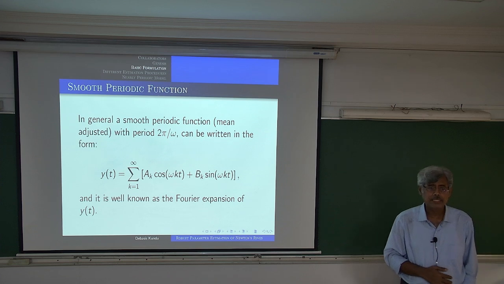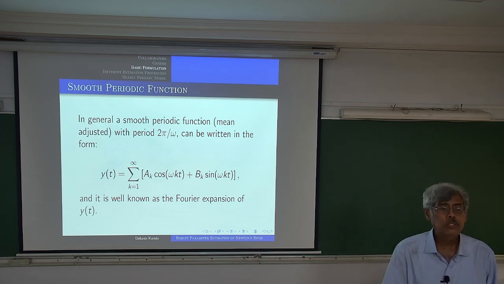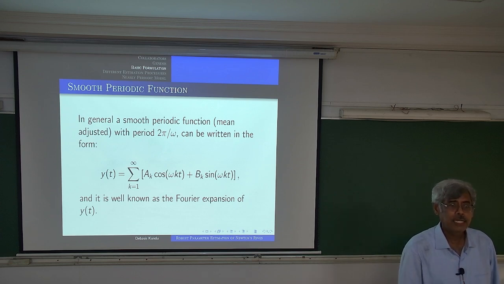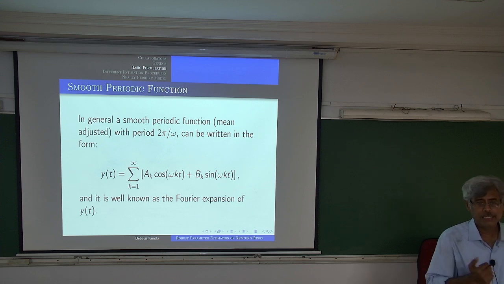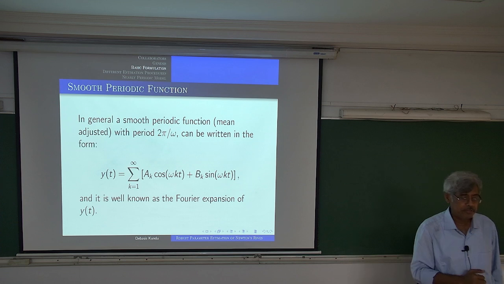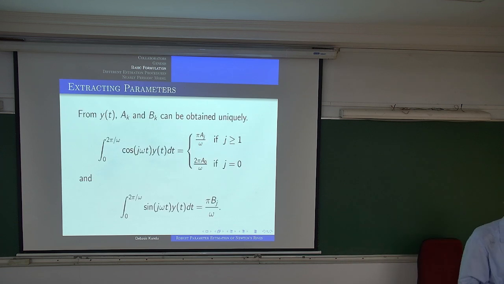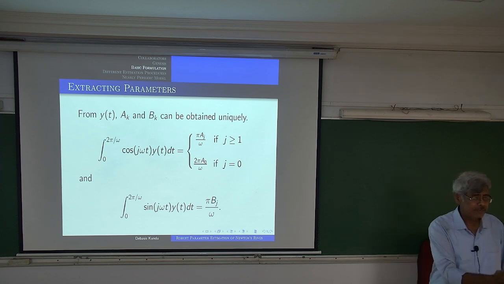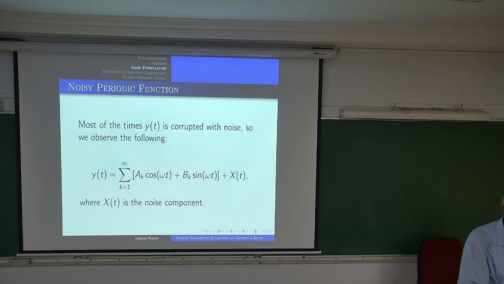the Fourier expansion. We know that for any periodic function, I should be able to do this Fourier expansion, which is an infinite expansion. So y t is equal to this, a very standard one. This is the way we look at any periodic function. What happens here? We can easily get back all those a_k's and b_k's, which comes from the standard Fourier expansion.